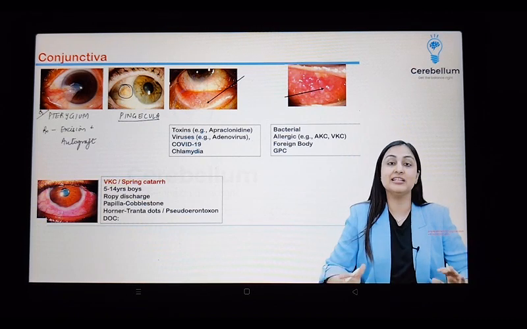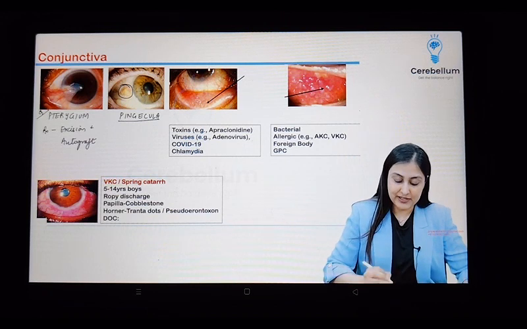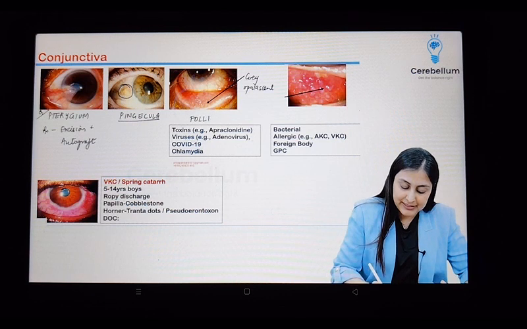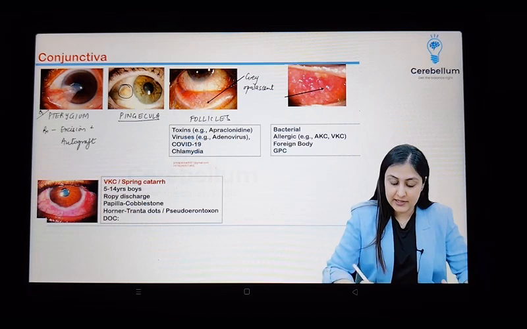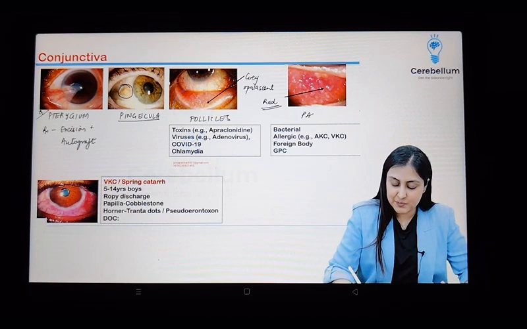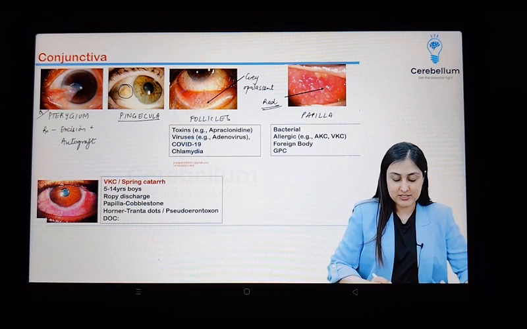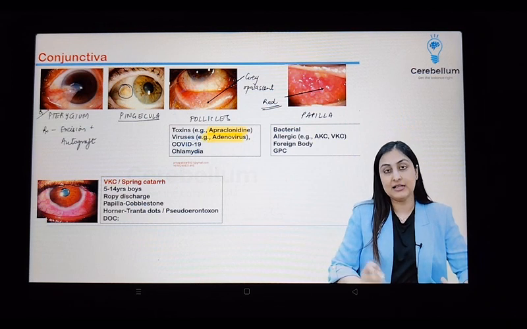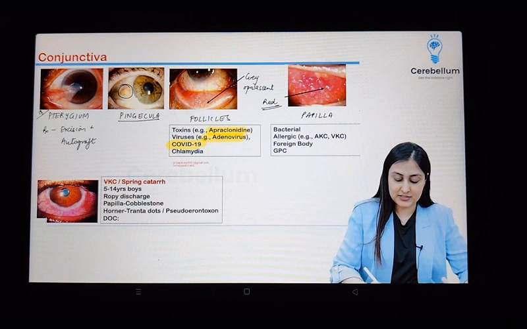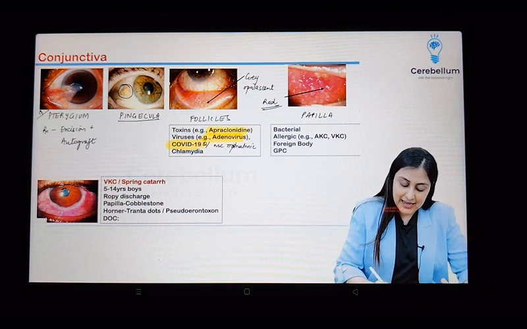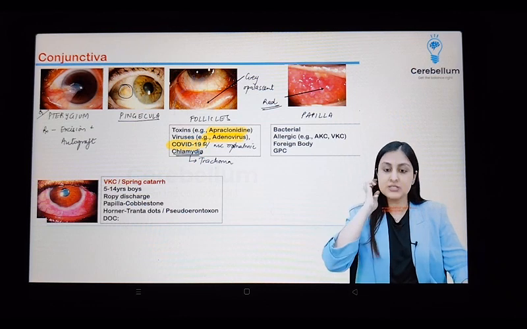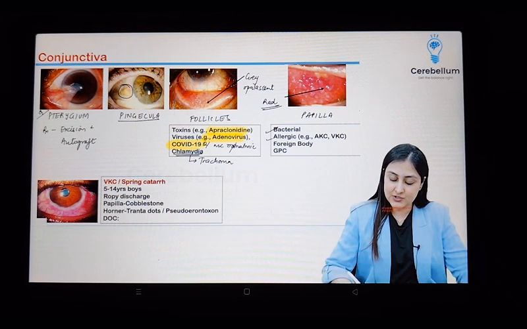Then in the conjunctiva, you can have either follicles or papilla. How to identify is when you see that they are grey, opalescent, pale, that is follicle. So when they are pale, grey, opalescent, such words, those are follicles. Whereas when you see that they are red or pinkish, that is P for papilla. Where you find follicles: toxins or drugs, that is apraclonidine, can lead to follicular conjunctivitis. Viral conjunctivitis leads to follicles. COVID-19, in fact, this is a repeat question. They asked you most common ophthalmic manifestation of COVID-19 is acute follicular conjunctivitis, and chlamydia. We will see follicles in trachoma as well. Okay, so this is the list of causes of follicles,